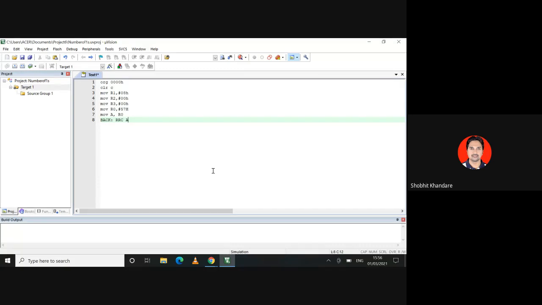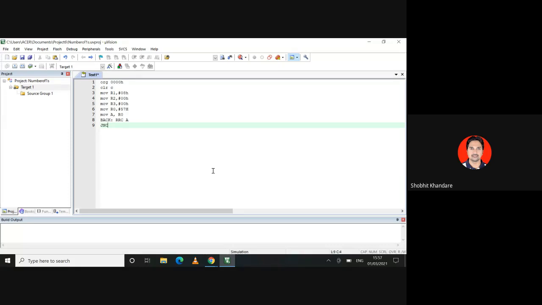Okay, then next instruction. Now, when we are rotating the content through carry, I need to monitor that particular carry. Once you monitor that carry, you have an instruction for what to do if it is 0 and what to do if it is not. So you have an instruction that is JNC, jump if no carry.